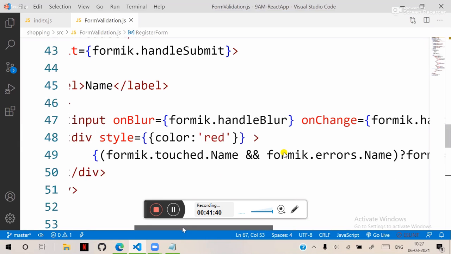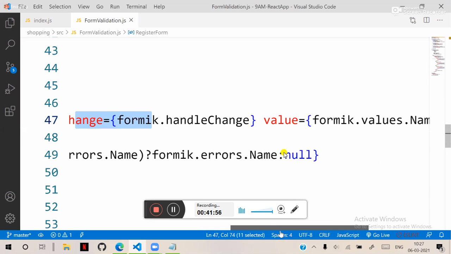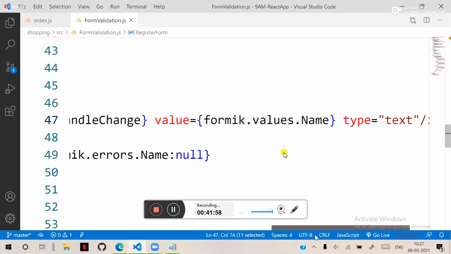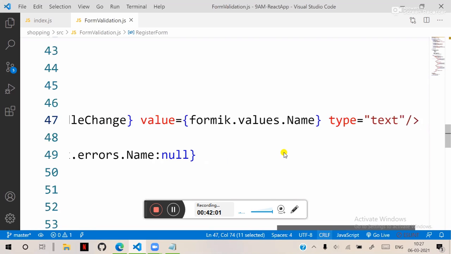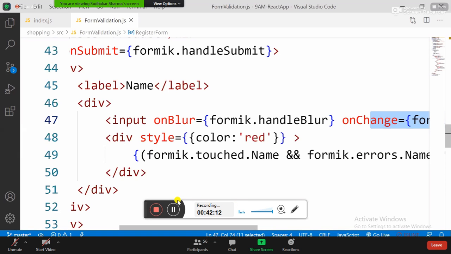You said that on change it will handle change, and on blur it is going to handle the blur. Formik is going to handle the change and blur, and we need to bind with the values and configure the values. So here it is unable to identify what values you are typing inside it. That means it is unable to access